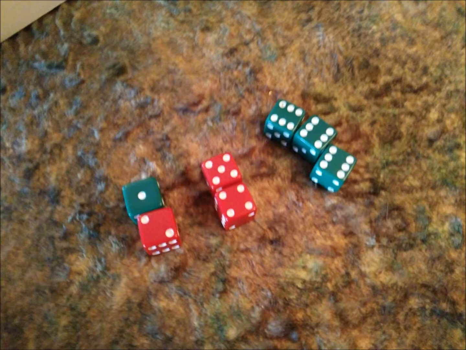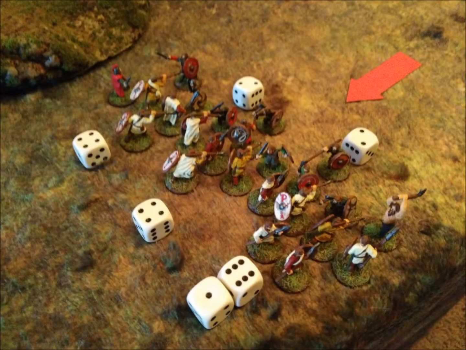So they came out with 3 6s, so 3 kills, 2 points of shock, and 2 misses. That's pretty darn good for the combat there. And that is going to conclude the first round of combat. So let's go ahead and take a look at the groups themselves. Okay, so this picture is actually after the second round of combat, but let's go ahead and still talk about